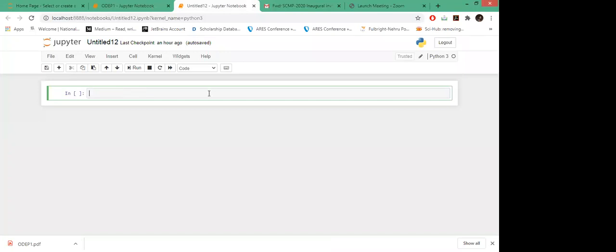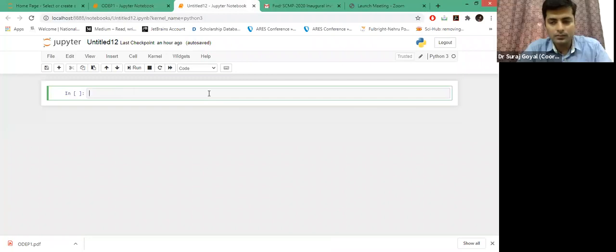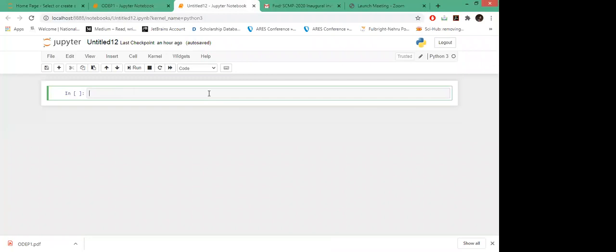I'll start with the basic SymPy library so that I can tell you how we can define the equations first, the differential equation in that, and then use the functions to solve the ordinary differential equation. I'll start with the basic command. I'll import this library as SYM, so that instead of using SymPy again and again, I'll use its name SYM.